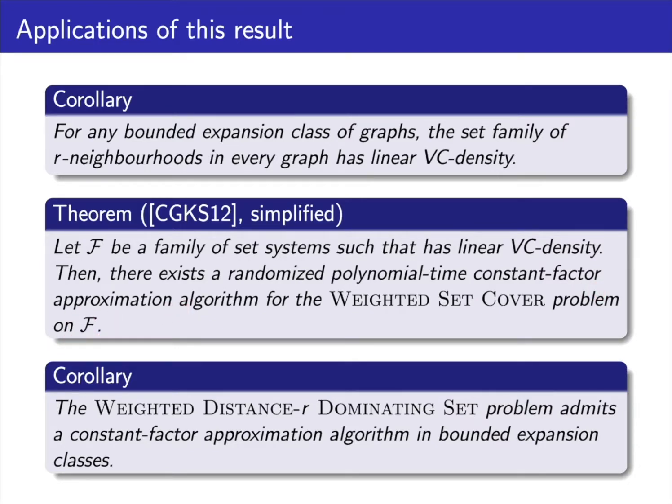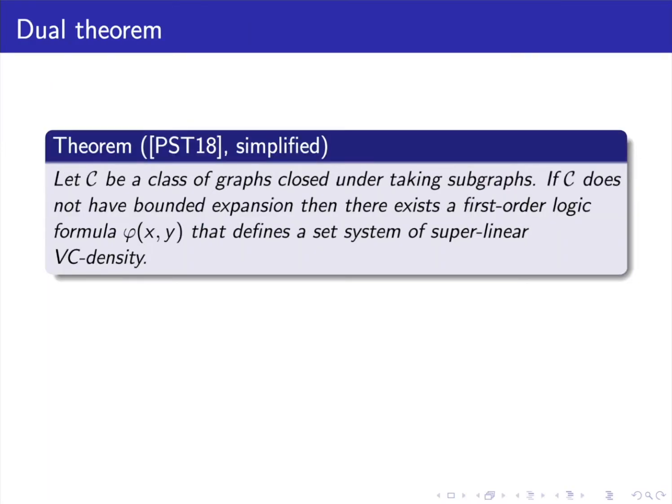And what this means is that, for example, the weighted dominating set, which is somewhat like vertex cover, the weighted dominating set at distance r problem admits a constant factor approximation algorithm in bounded expansion classes. This is a result that was not well known until just some time ago. So what's interesting is that there's actually also a dual theorem, which says that